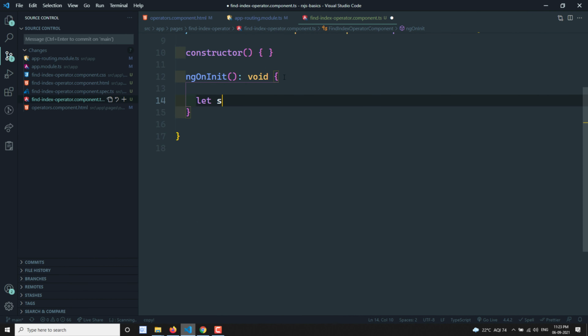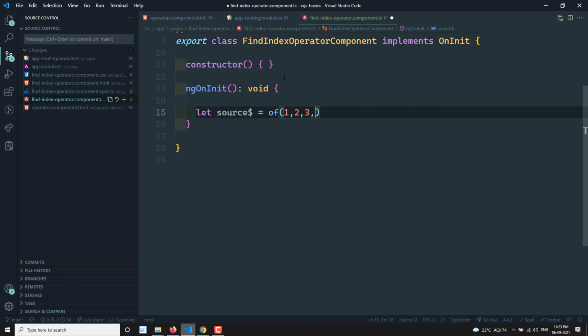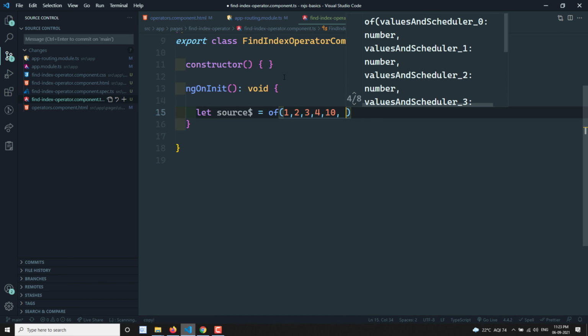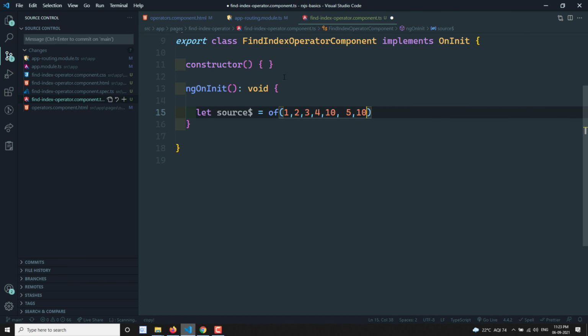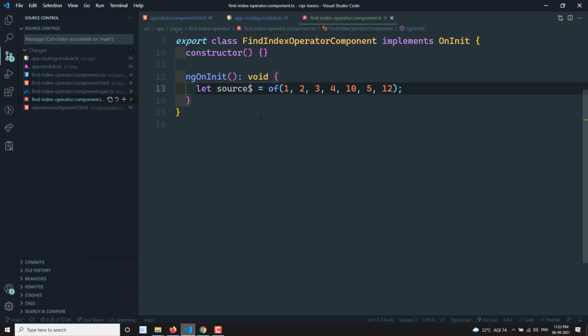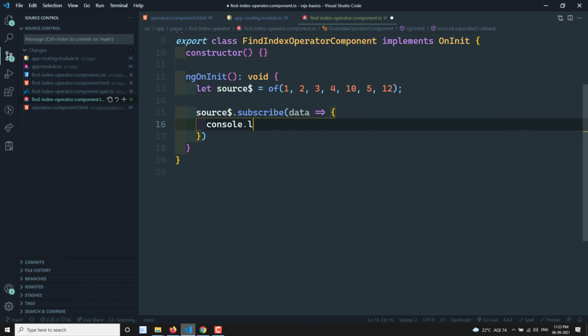Let's say that we have a source observable having the values 1, 2, 3, 4 and 10, 5, 12, 10, 12 or something like that. Let's assume random values we are having. So source$.subscribe, I am subscribing to this one, and let's assume console.log, I am emitting the data. Okay, and here let's add pipe,